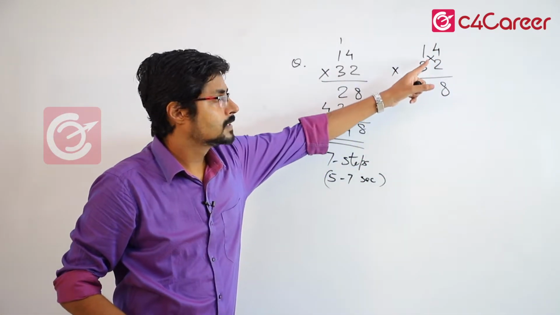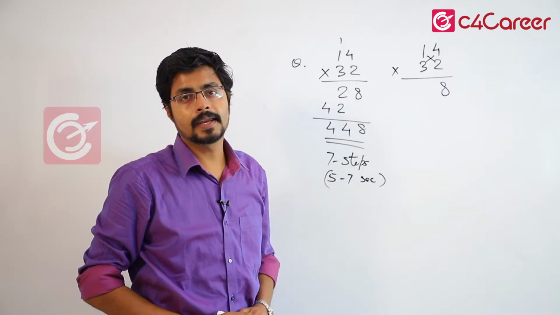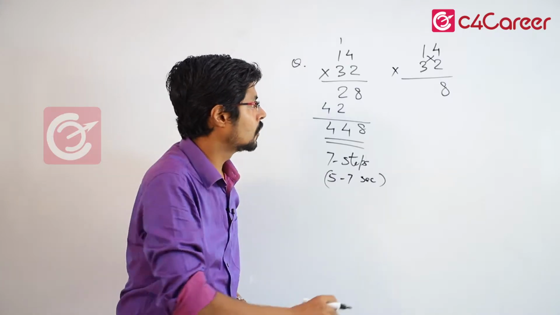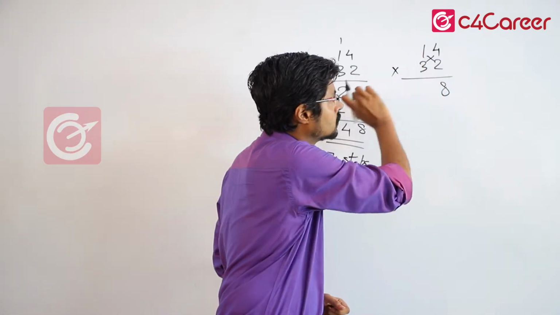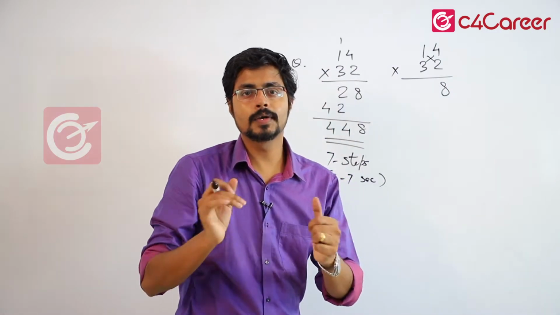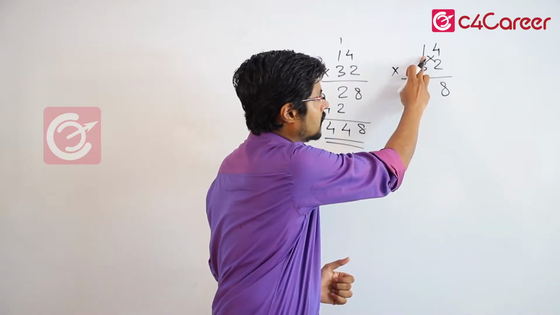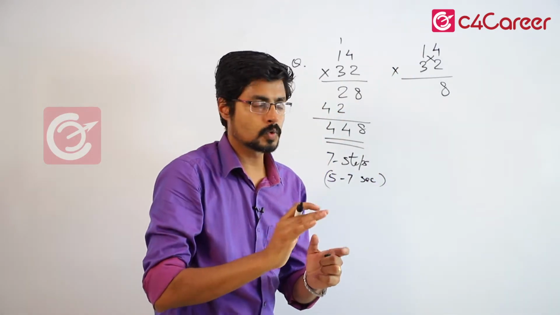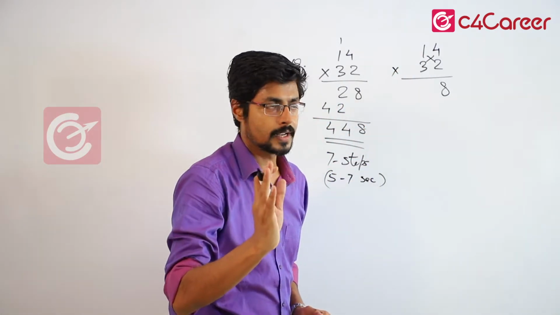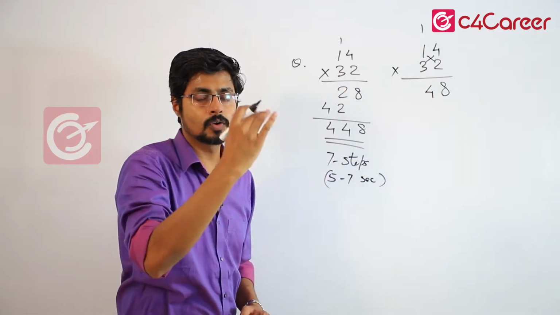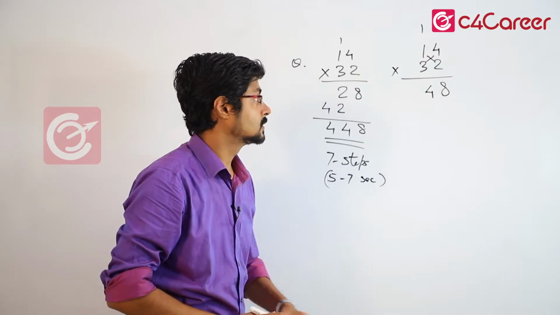Look at this sign. Second step is a cross multiplication step. We have to cross multiply the digits and add. So how do we multiply? 2 into 1 is 2. 3 into 4 is 12. We have to add this 2 and 12. So 2 plus 12 is equal to 14. So we have 4. The carry will go. In mathematics, the carry will always go to the next place.